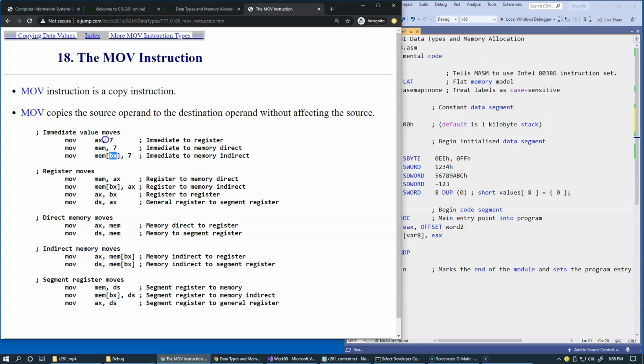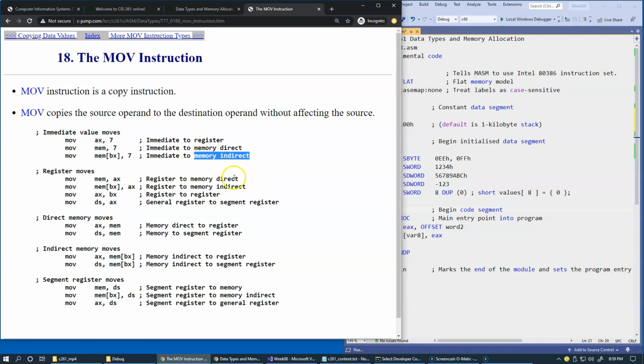Nevertheless, all of these three lines of instructions demonstrate how you would move an immediate value to a register, to memory, and to memory combined with the register value, memory indirect. Anytime a register is involved in computing a memory address, we call it memory indirect access to